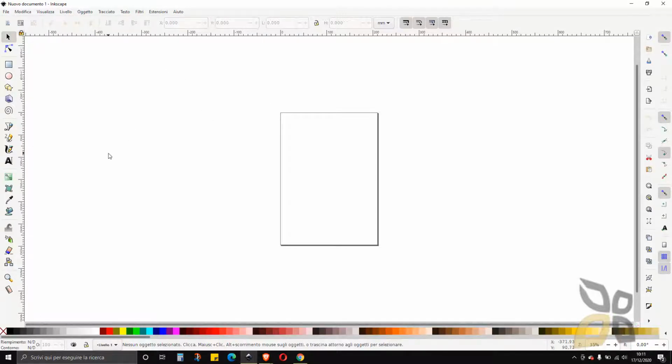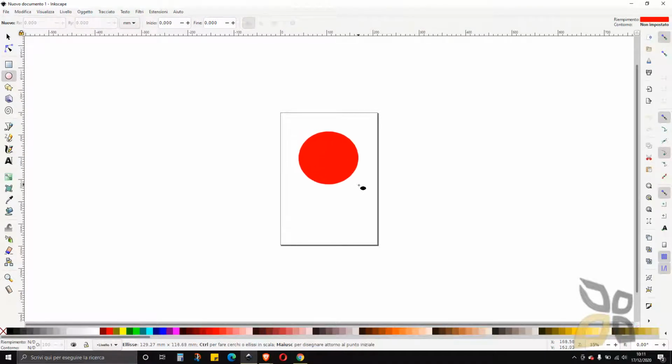So basically here, what are the main parts of the interface? We have this top part, which are kind of the options of the tools that you will select. On the left side, you have the tools. And for example, let's pick this circle. And these are all vector graphics. So for example, the circle here that I can click and drag to create, this is just a simple vector